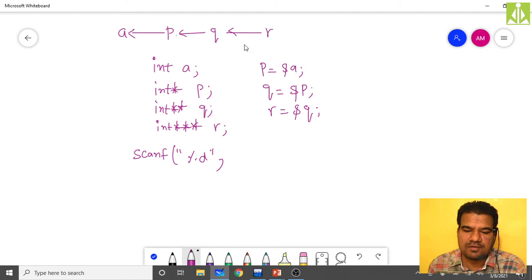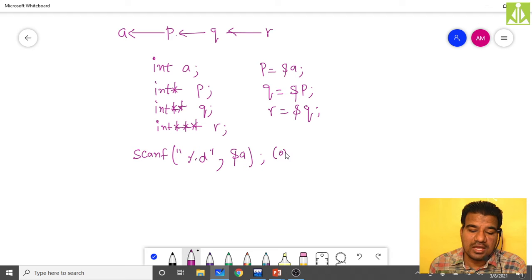So now these links have been formed. a's address is stored into p, p's address into q, q's address into r. When reading the value of a, you can put %d and &a, because we need to pass the address of a.